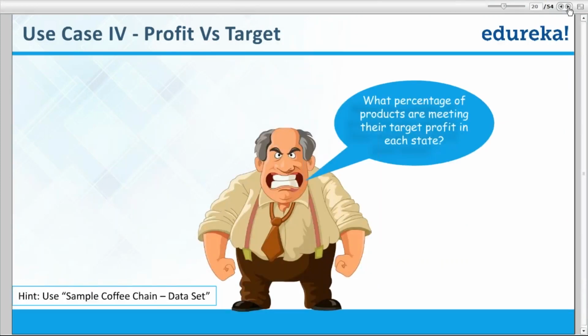So here what are we going to see? What percentage of products are meeting their target profit in each state? That is my question. So first thing I need to know is what is my profit and what is my target profit, and I need to know how many products are beating that within each state. So here what is my situation for using that include LOD? If you see that,